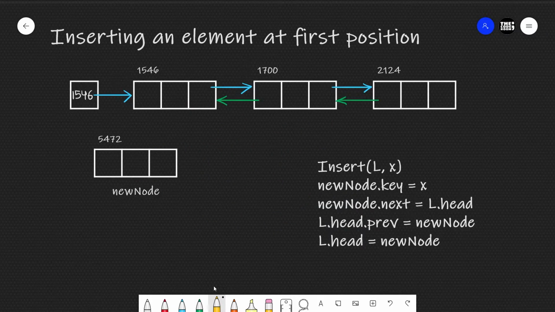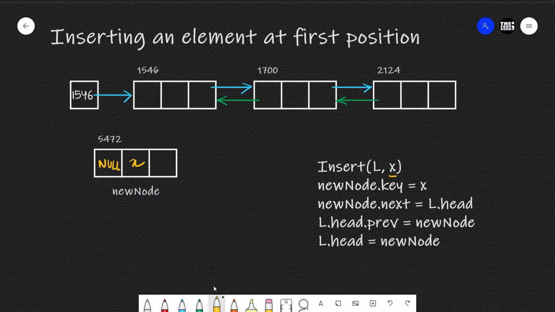First, let us understand how we can insert an element at the first position of doubly linked list. So we have this linked list and we have to insert an element x at the first position of this linked list. So first we create a new node in which we store this element x. Now we have to insert this new node at the first position. To insert this new node at the first position, the head pointer should point to this new node, and the previous pointer of the first node, which later will become the second node, should point to the new node, and the next pointer of this new node should point to the first node. And as the new node will become the first node, therefore in the previous pointer of this new node, null will be stored. So now let us look at this algorithm.